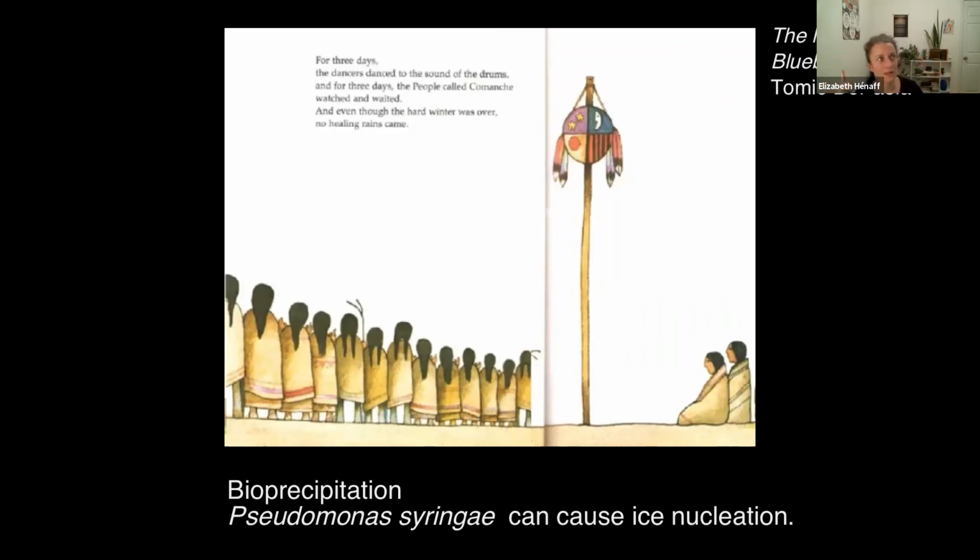And so this is what's used to make fake snow, like in snow cannons on ski slopes, when they blast out snow onto the ski slope so that you can ski out of season. This is the same protein that's used for that. And it's a plant pathogen. And so the idea is that these rain dances that last for days kick up this microbe and the proteins that it's making, and then after a while they float up to the particular right spot in the atmosphere to start nucleating ice crystals when it wouldn't have happened otherwise, which creates clouds, which ultimately leads to precipitation.